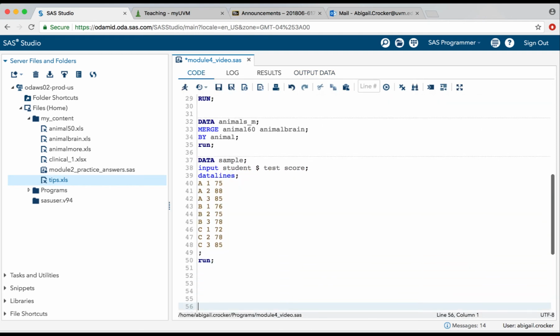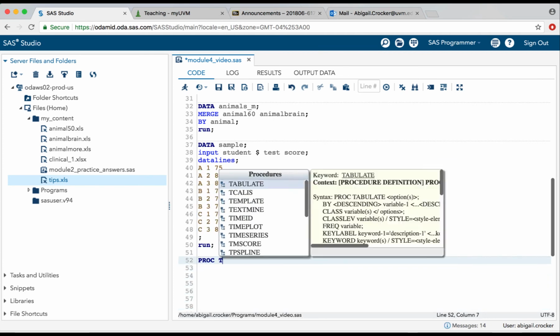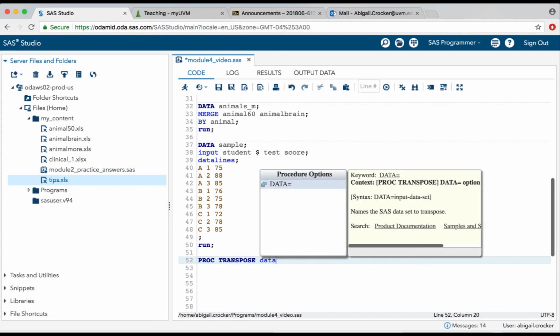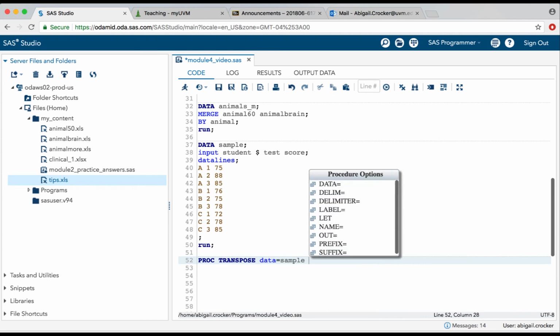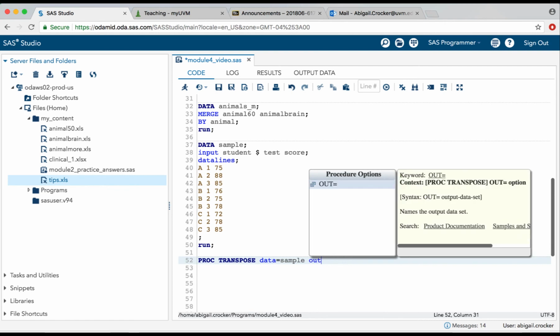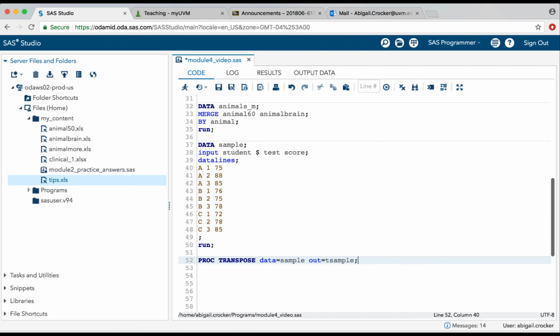We're going to use the transpose procedure. So proc transpose. The data set I'm going to use is this one I just created. And I'm going to create a new transposed data set, so I know I can use the out option, and I'm going to call it t_sample, meaning transposed sample. Call it whatever I want, though.